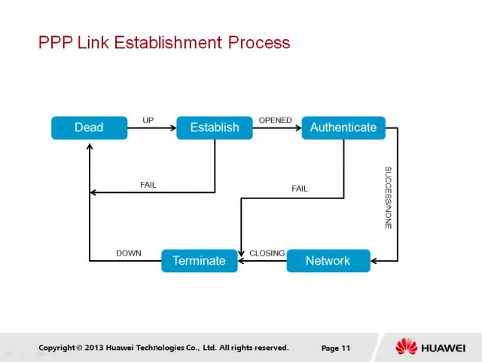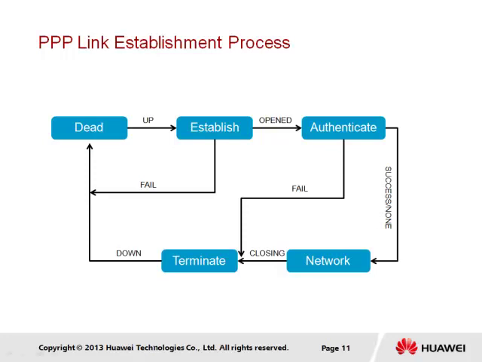Establishing PPP links involves traversing a number of phases that not only supports the configuration and maintenance of the PPP link, but also its eventual termination. This process begins with the dead phase, which indicates that a link is not currently physically active. As soon as the link is detected as up, a transition to the link establishment phase will occur that relies on the link control protocol establishing connection through the negotiation of configuration options using configure packets.